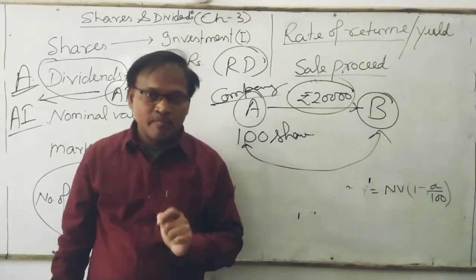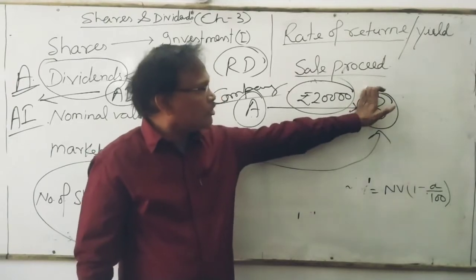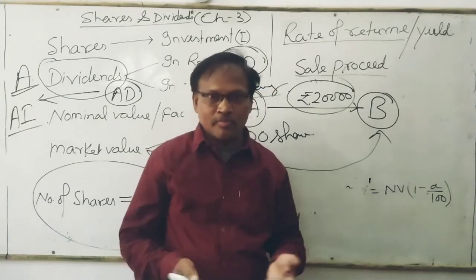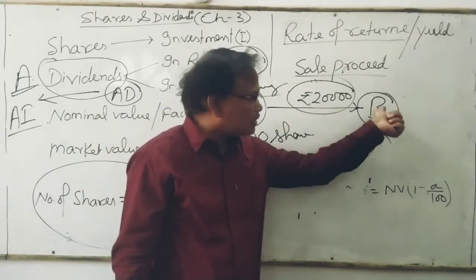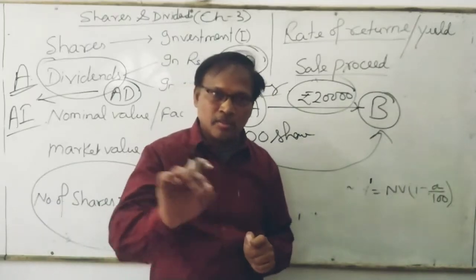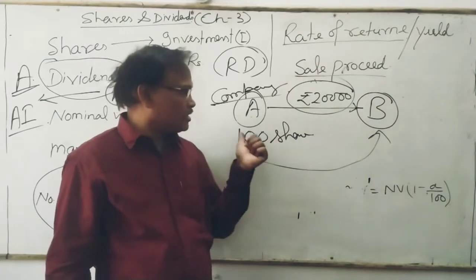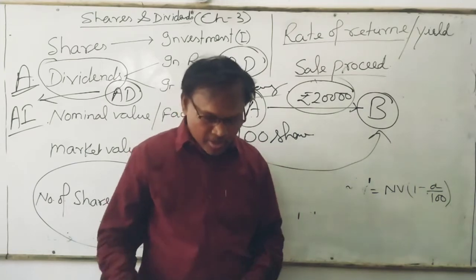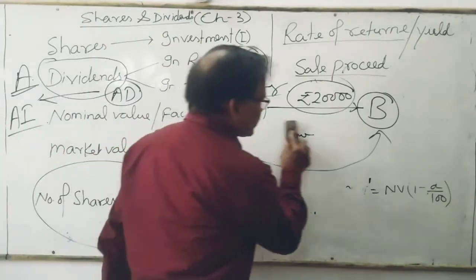इसको सेल प्रोसीड कहते हैं। सेल मीन्स सेल करना, प्रोसीड मीन्स आगे बढ़ाना। अगर हम ये ना करते तो you cannot say this is the sale proceed, तो वो अपना रख लेता, अपना कहीं और खर्च करता, there is no problem. But he is investing in the other company also, that is why it is known as the sale proceed. तो कभी कभी बोलते हैं कि find the sale proceed, तो you have to give the answer the selling price, मतलब जिसमें सेल किया है उसी को सेल प्रोसीड बोलते हैं। This is sale proceed. So by this way, in this video I have told everything about the terms,